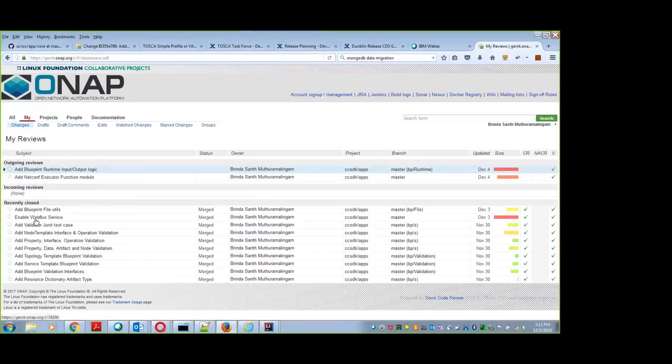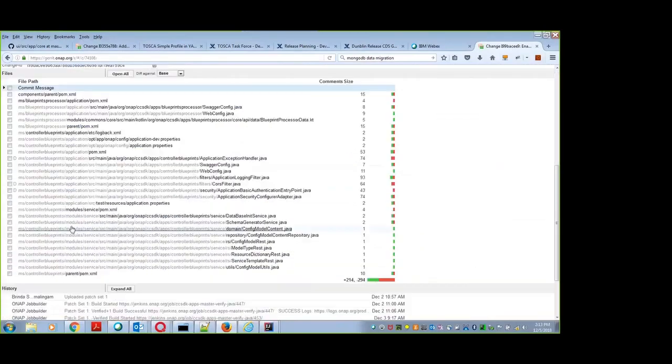So you can see that enable WebFlux. This is the version where we migrated Maven, and then we removed the Swagger, deprecated the Swagger,